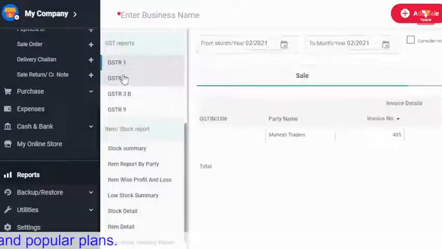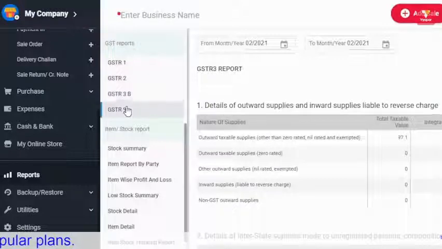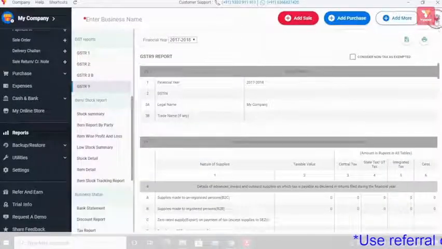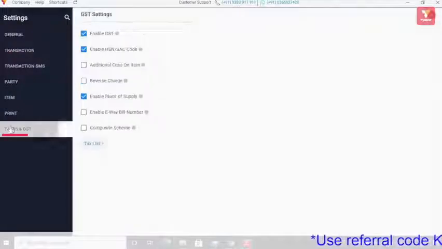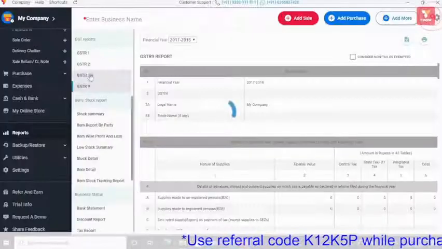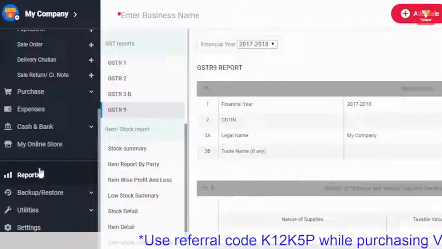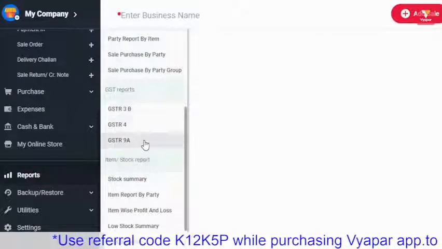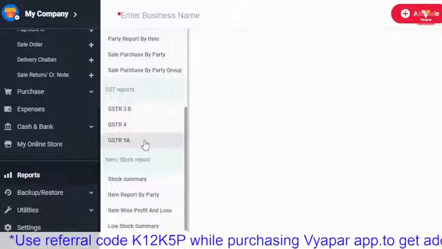If you are a part of the composition scheme, then in Vyapar settings, select composition scheme under transaction and GST and then make your transactions. On that basis, here in the GST reports, GSTR 3B, 4 and 9 will also be there. Let's move on where you'll find item and inventory related.